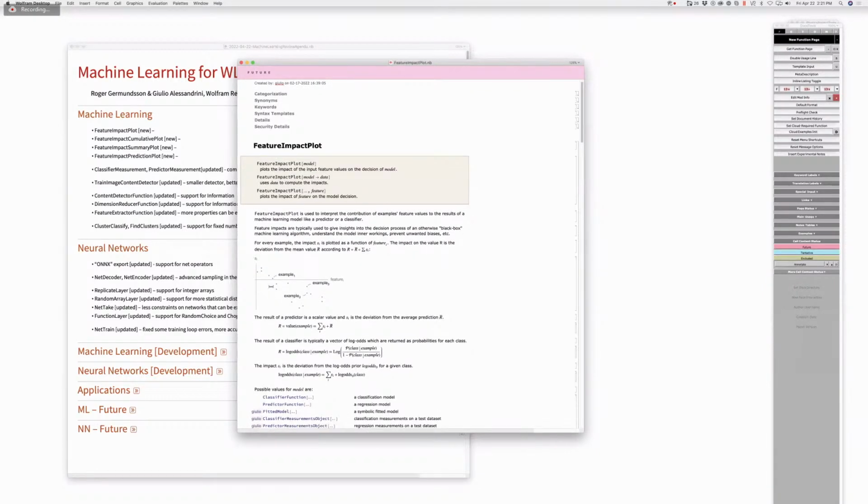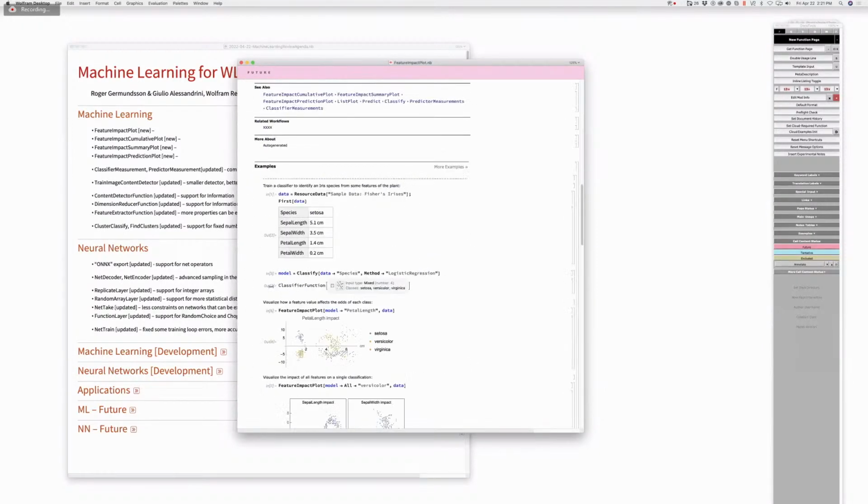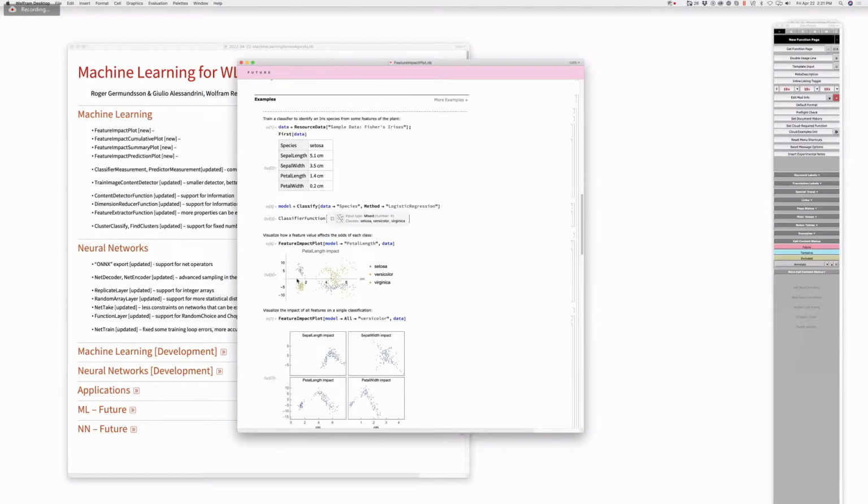Okay, so what this is doing is it's plotting, and I don't understand what this is doing. Oh, because there's a classifier, it has more than one class. So there's the impact for the three classes, which is not the same. Okay, so you're not making that clear. Okay, so in the first case,